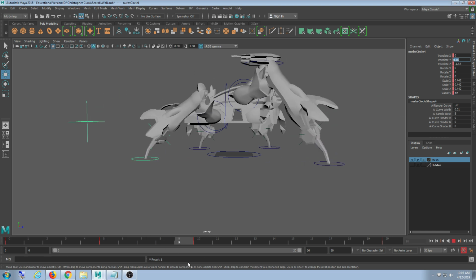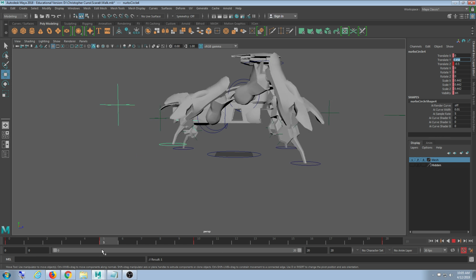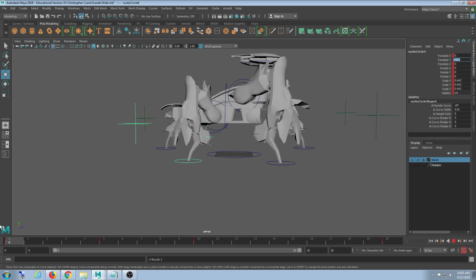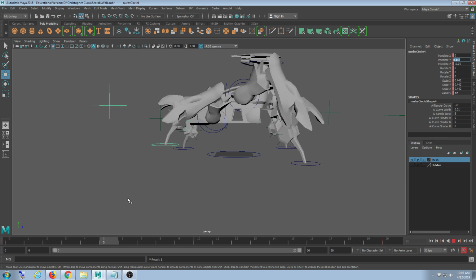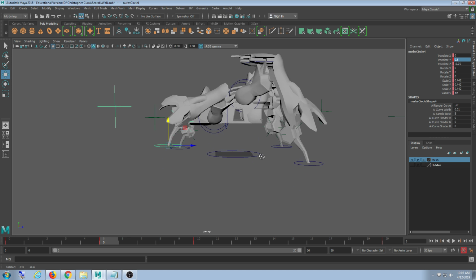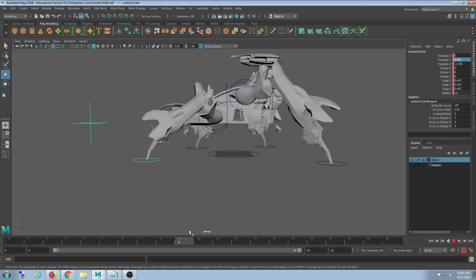So see how that takes a step? So on frame 5, move it up 0.5 and translate Y. At frame 5, move the front upper left leg 0.5 and translate Y, and it'll take a step like this. What do you put on 15? So on 15,